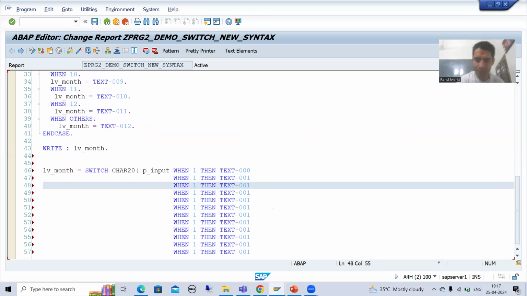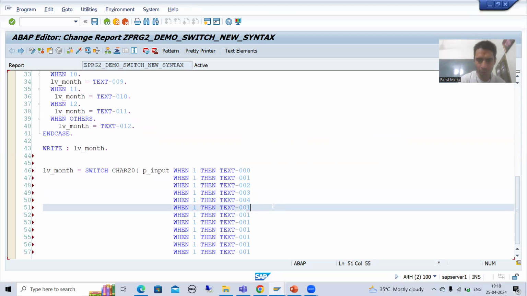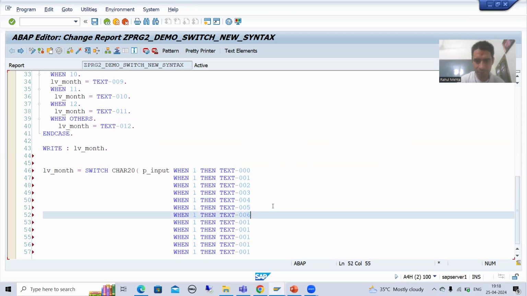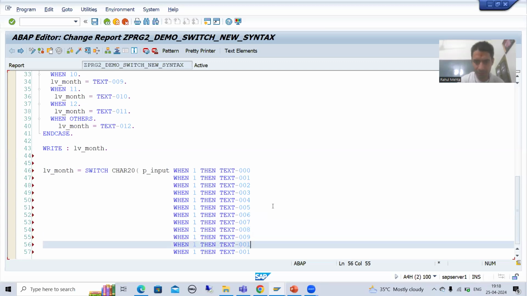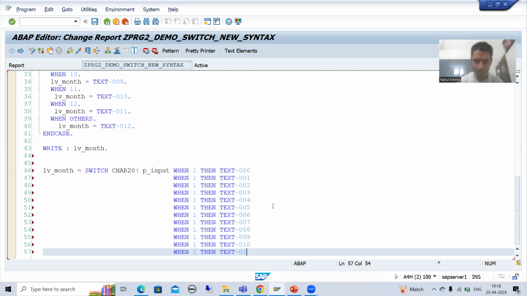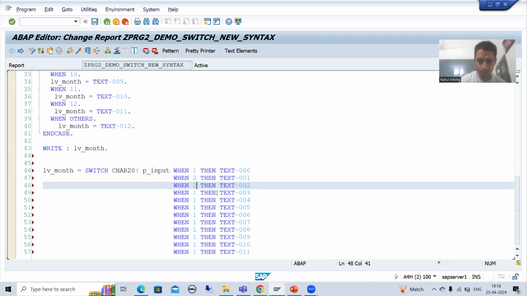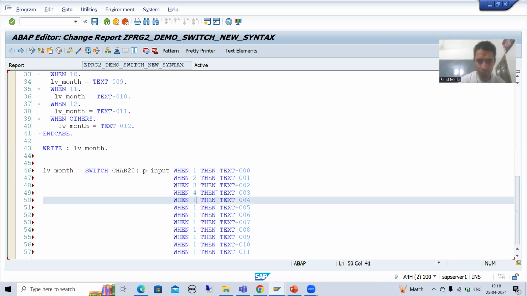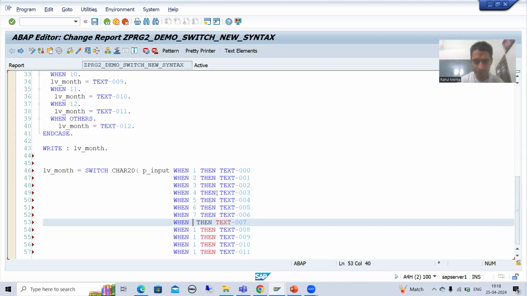Now I will give it 002, 003, 4, 5, 6, 7, 8, 9, 10, 11. And here I will write 1, 2, 3, 4, 5, 6, 7, 8,